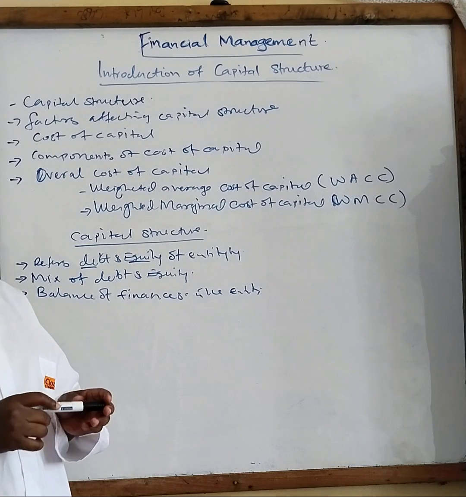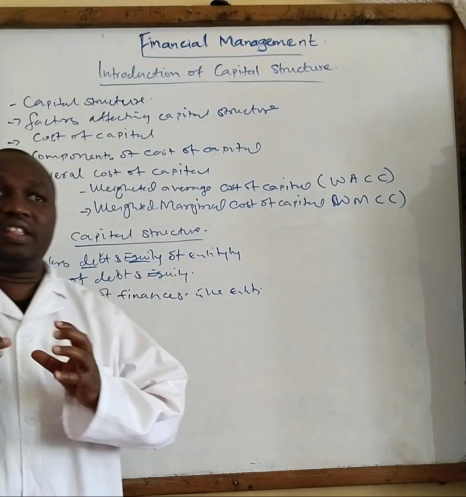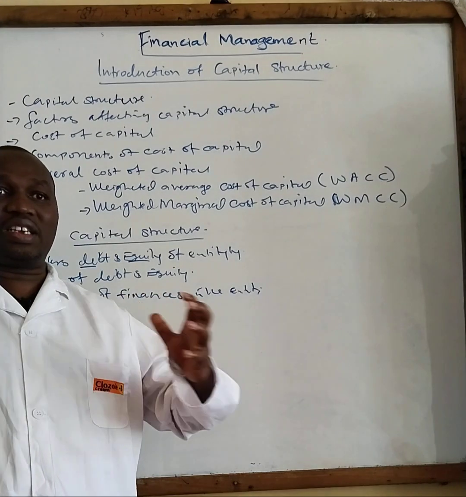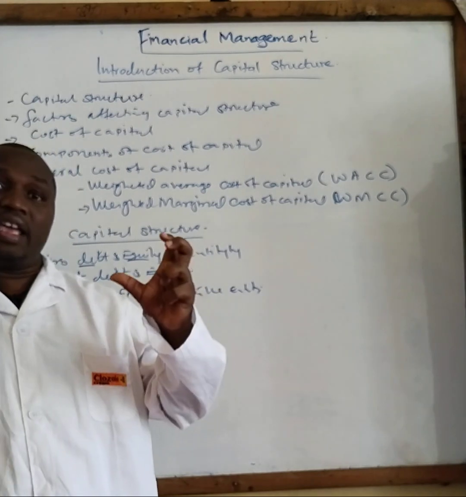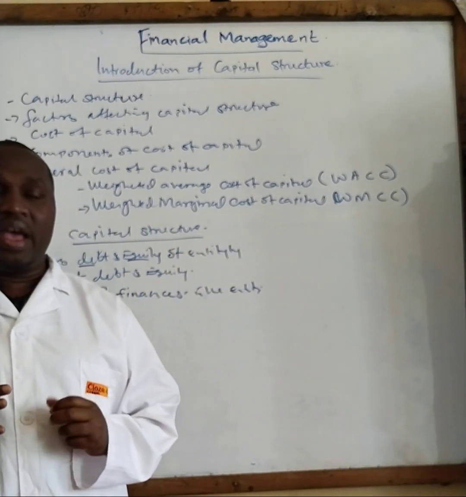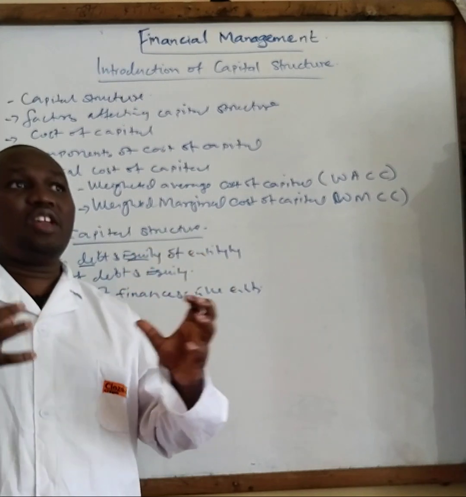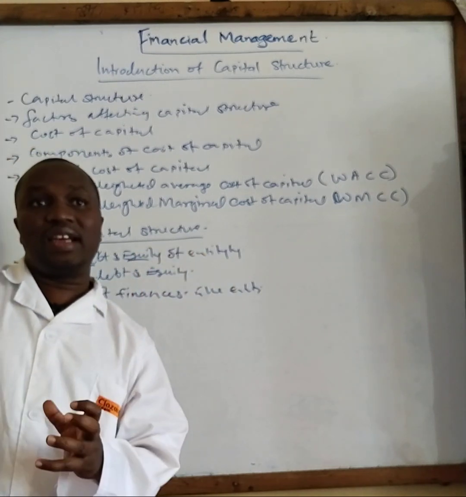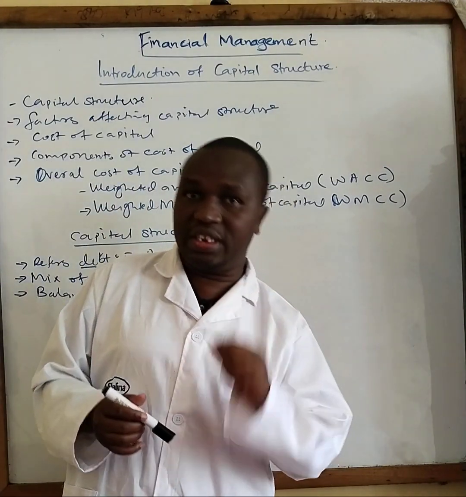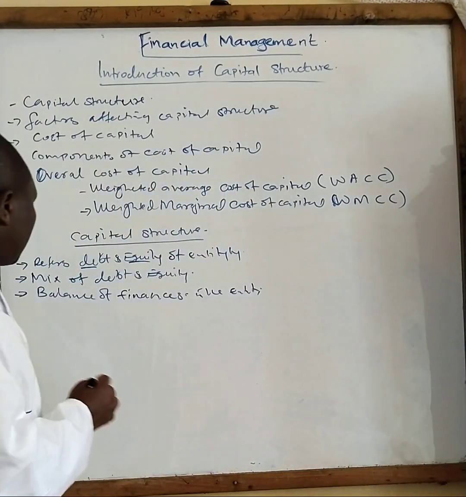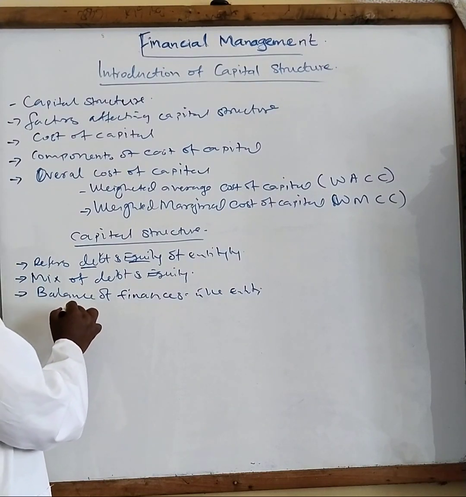In most cases, if you see that the cost of debt is cheaper than the cost of equity, then you have to make sure that the capital structure containing debt is higher than the equity part of it. If you see that the equity is cheaper than the debt, then you have to ensure that the equity is higher than the debt. So the question here is, what is the meaning of the words equity and debt? Now, before I go to that, let me go to factors.